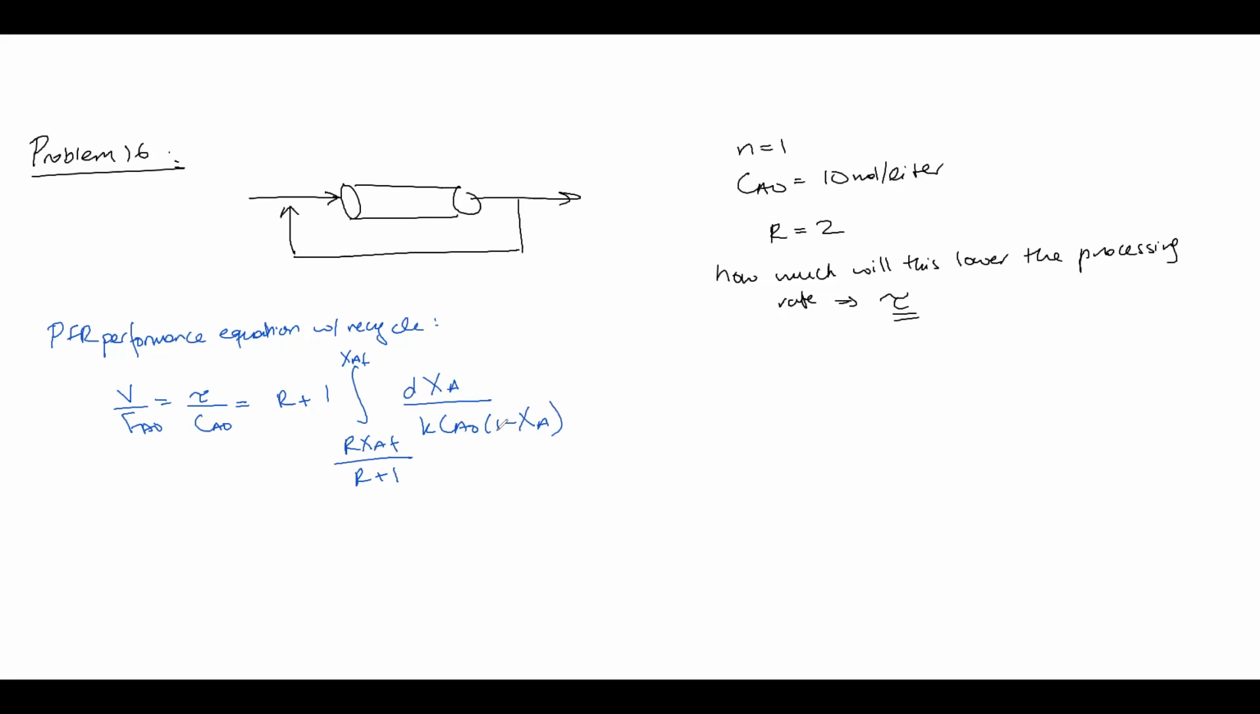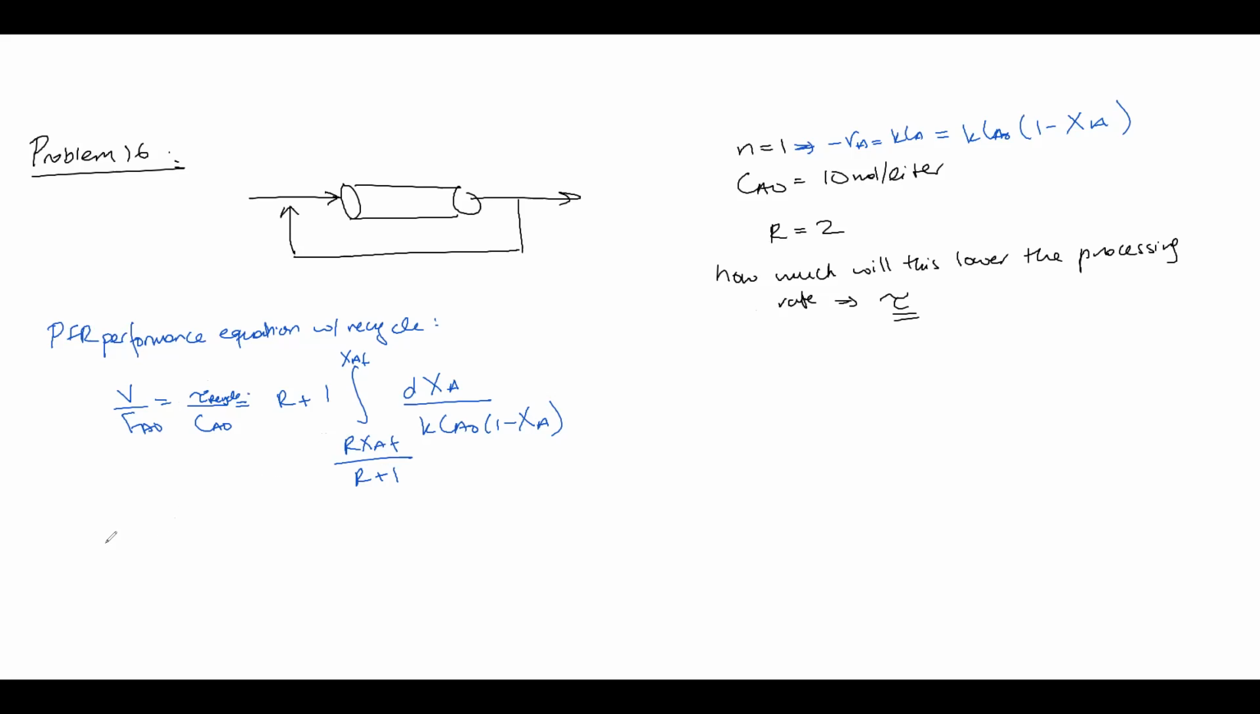And again, CA naught (1 minus XA), this is basically because it's a first order reaction, right? N equals 1, so minus RA is equal to k CA, which is equal to k CA naught times (1 minus XA). Okay, so now I'm basically looking for this tau with recycle, and I'm going to compare it to the tau without recycle. So if I plug in all these,